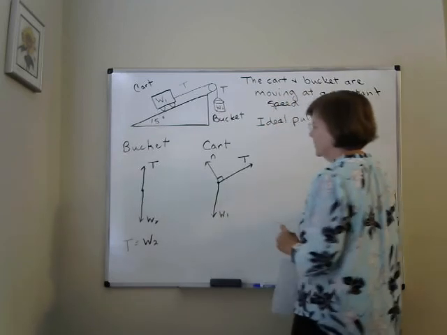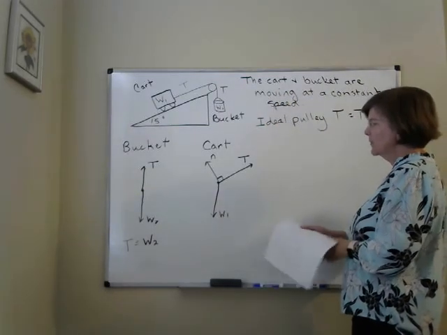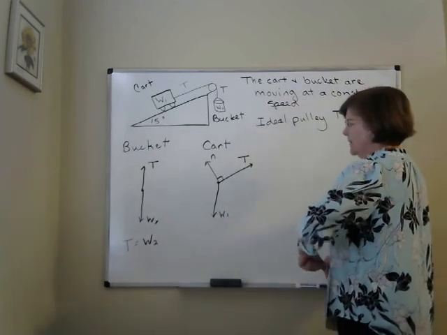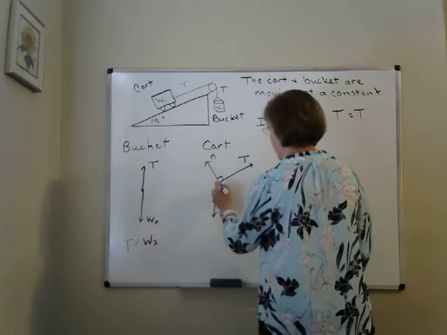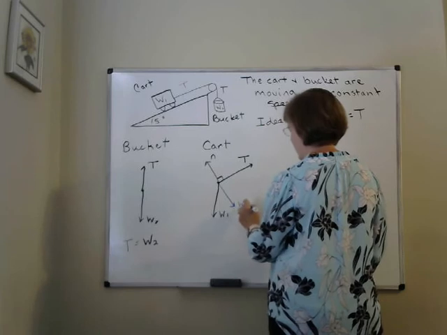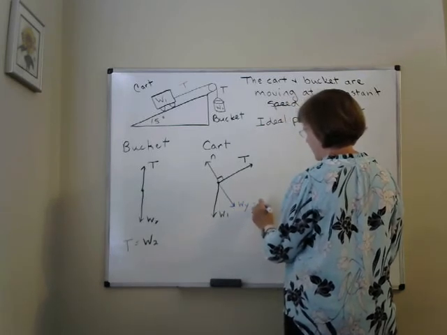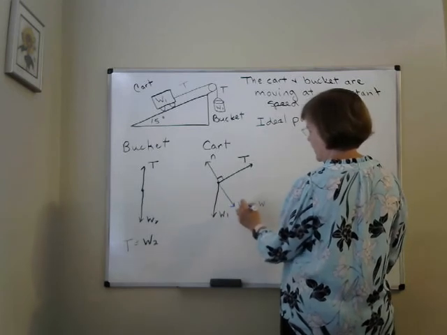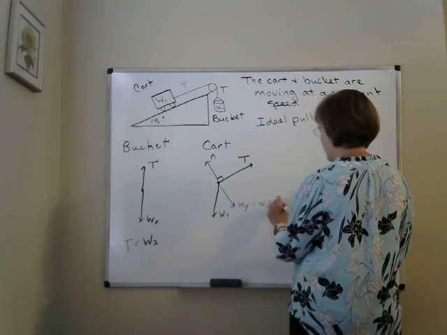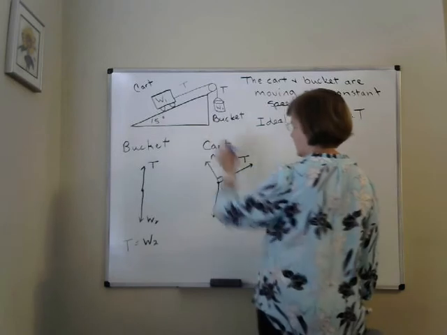Call that one W1. Now, I'm going to go ahead and take W1 and break it into components. I know it's got this component, call that WY, and WY is going to equal W1 cosine 15 degrees,